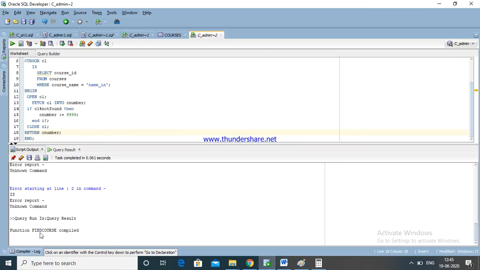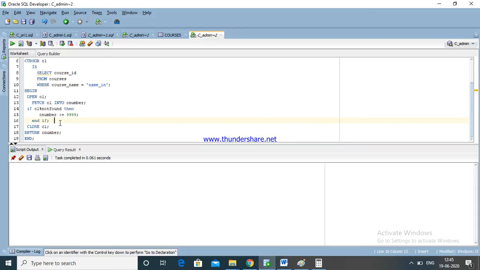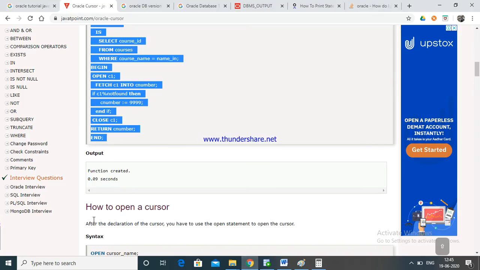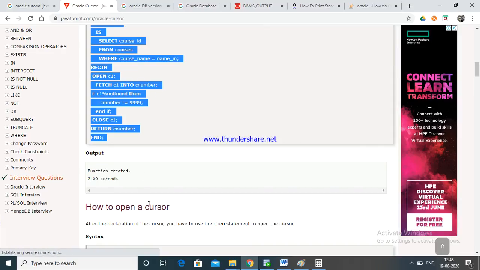See here, the function compiled successfully. Here enter. Now going to enter. What happened? Now going to enter. See, function find cursor compiled successfully. Here it is also showing created.